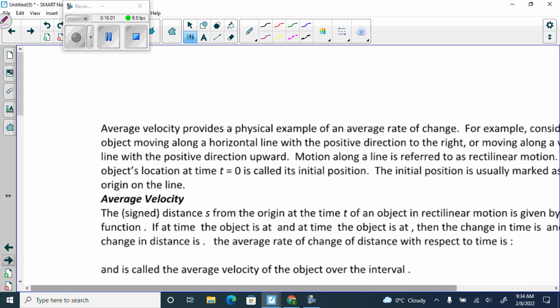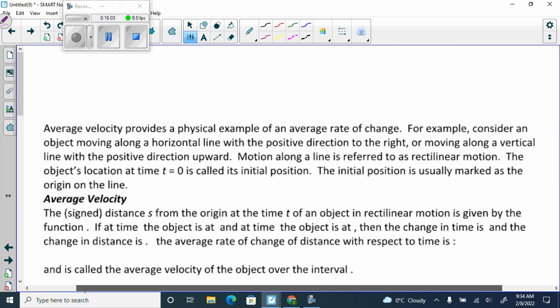So, here it says average velocity provides a physical example of an average rate of change. For example, consider an object moving along a horizontal line with the positive direction to the right, or moving along a vertical line with the positive direction upwards. Motion along a line is referred to as rectilinear motion. The object's location at time t equals 0 is called its initial position. The initial position is usually marked as the origin on the line. So if we look at average velocity,